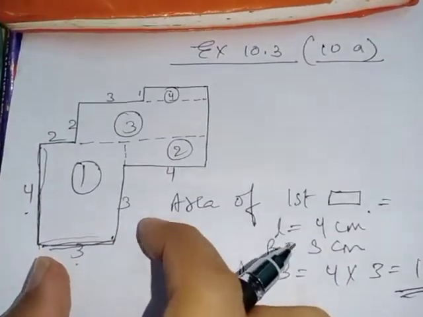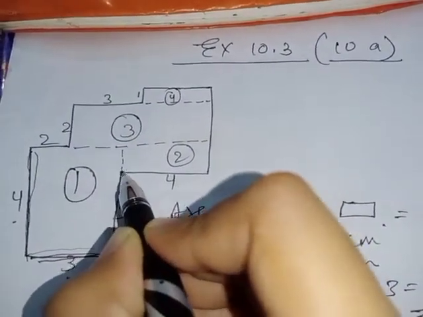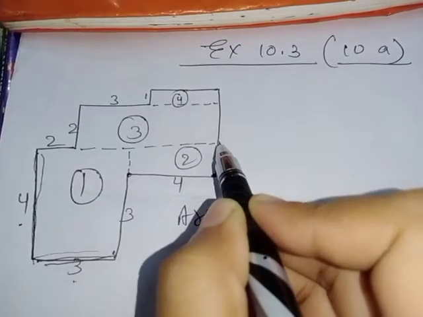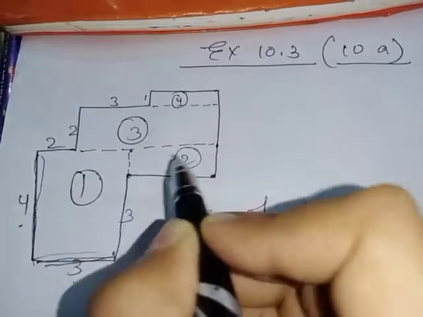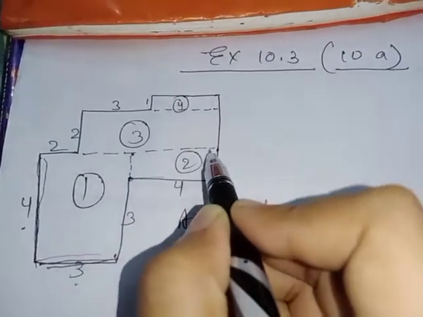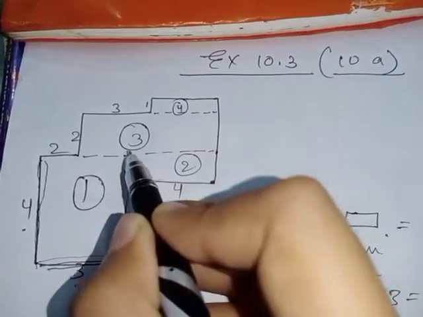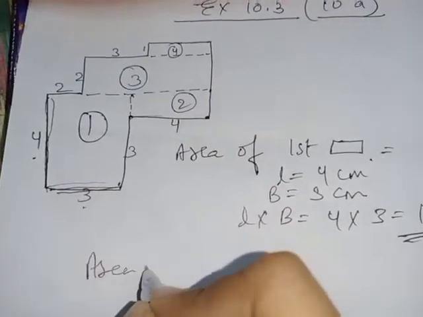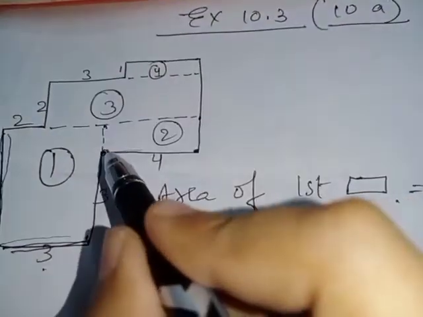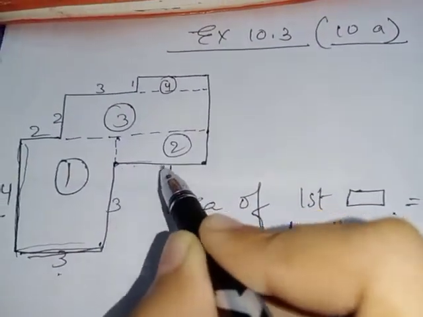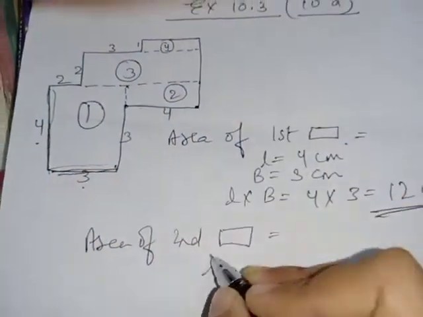Moving ahead with this point, the second rectangle begins from here to here, then upside only till here, and this is straight, not complete, only till here, this much. This is our second rectangle. We need to know the length and breadth of our second rectangle. So first we will write the area of the second rectangle. You can see this is the long portion. The length we can say is 4, given here in your book also. This is 4 already given in the figure. So length equals 4 centimeter.